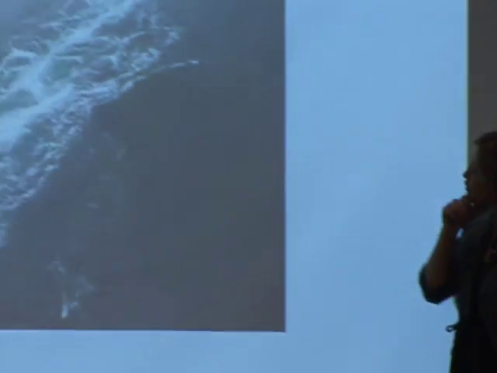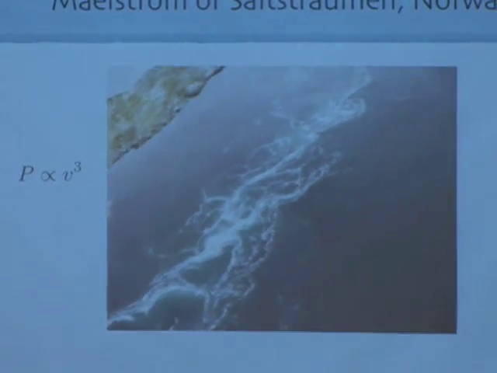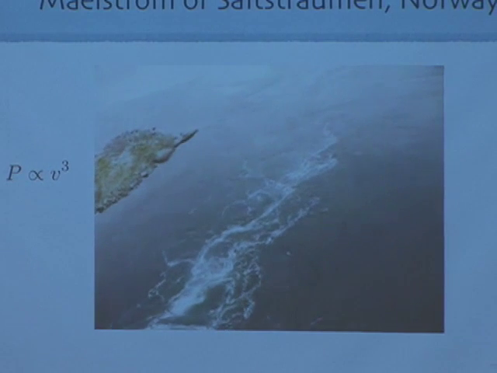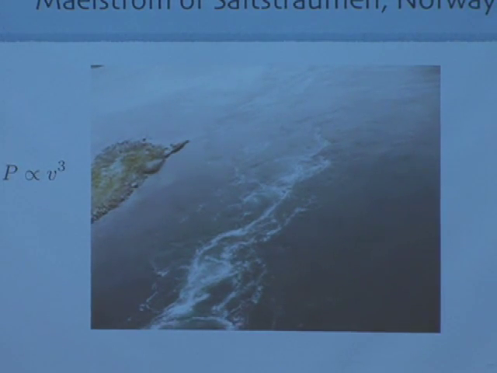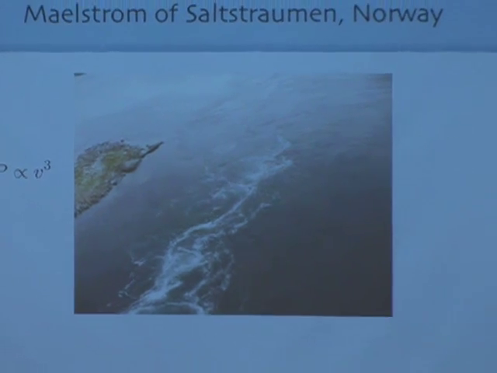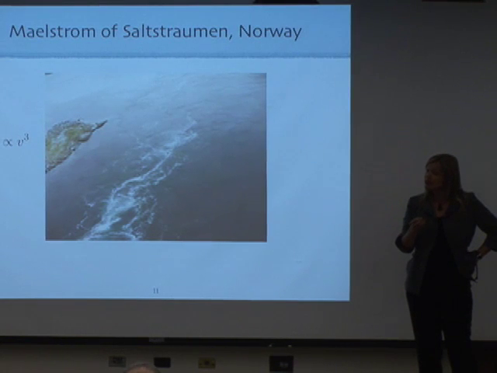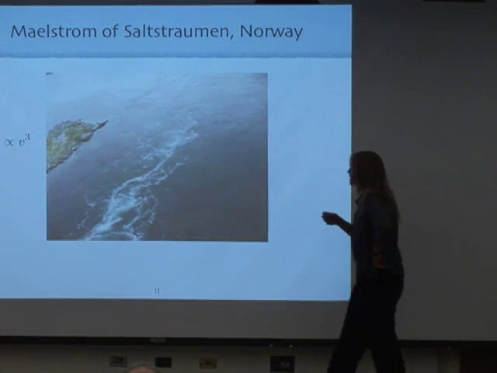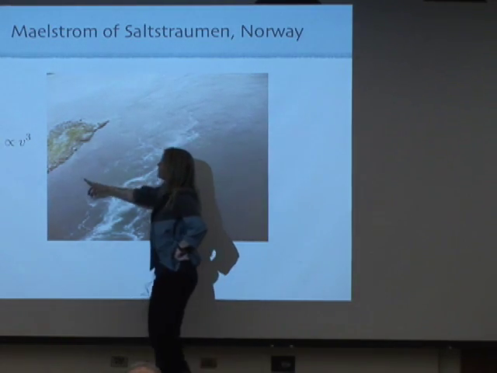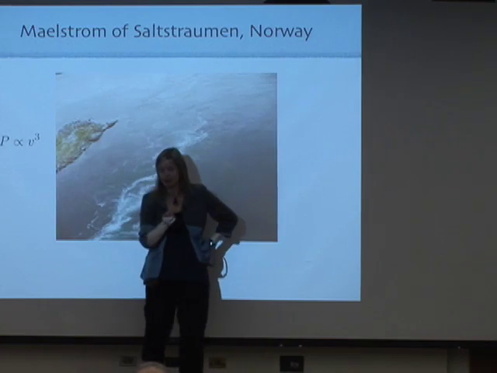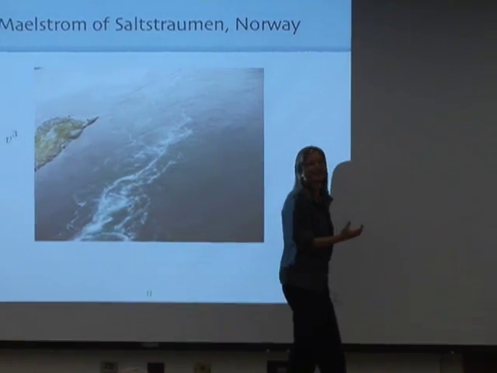In some places in the world, you have absolutely fantastic tidal flows. This is one in the north of Norway. And this particular one, the Maelstrom of Saltstraumen, goes with about 20 knots. So this is a 20-knot current simply because of tidal motions. And of course, if you could tap into that, that would be very nice. Because as we'll see later, the power that you can derive is proportional to the velocity cubed. So if I have something going at 20 knots and I cube that, there's a lot of energy in there.